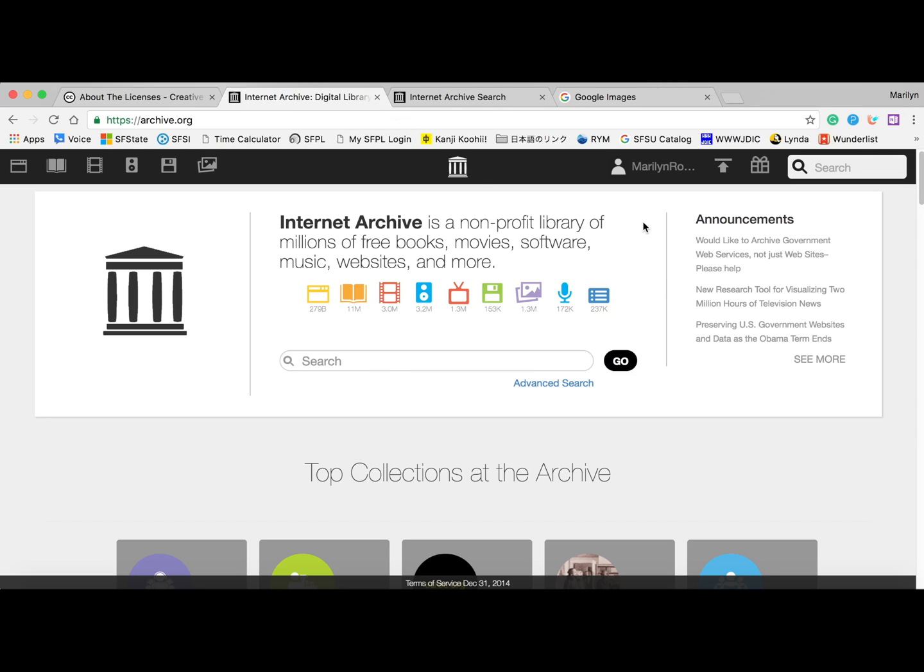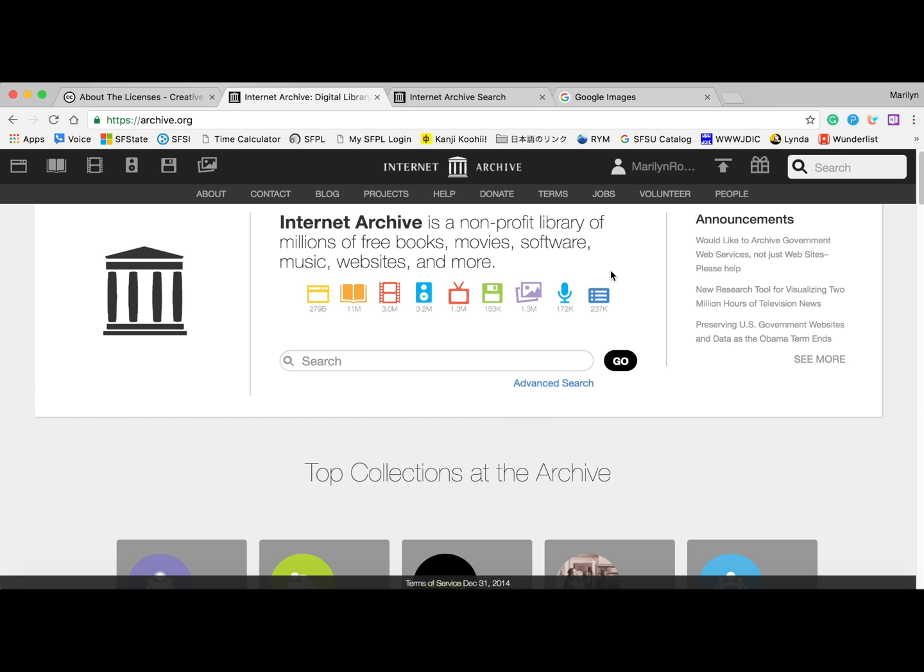Internet Archive is a good resource, especially for public domain, but also for Creative Commons. However, it is so incredibly large and a little bit unwieldy to search that I don't necessarily recommend it as your first go-to spot for finding public domain or Creative Commons images. There is still the Flickr page where you can search some of the book images from Internet Archive that I mentioned earlier, so I'd really recommend only using that, because the manner in which you have to search sorted by Creative Commons or public domain on Internet Archive is actually quite